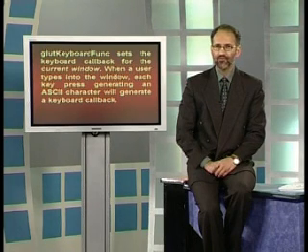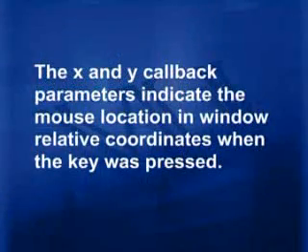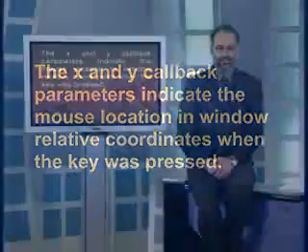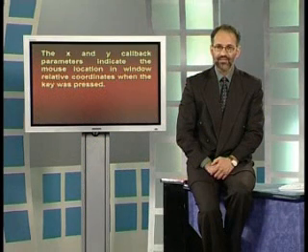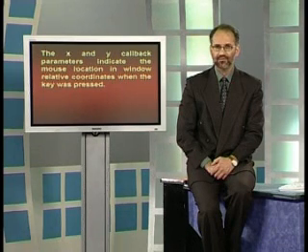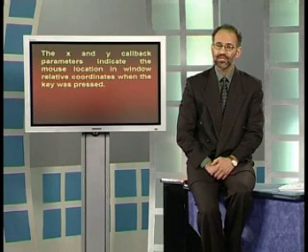साथ ही साथ इसमें कुछ और इन्फॉर्मेशन भी आपको पैरामीटर्स में दिखाई दे रही थी. The two integer values, what would those be for? Just think about them. The x and y callback parameters indicate the mouse location in window relative coordinates when the key was pressed. x और y के अंदर जो हमारी करंट विंडो है उसमें जिस जगह माउस इस वक्त पोजिशन्ड है उसकी पोजिशन वो हमें रिटर्न हो जाती है इन x और y कोऑर्डिनेट्स, relative to the current window,